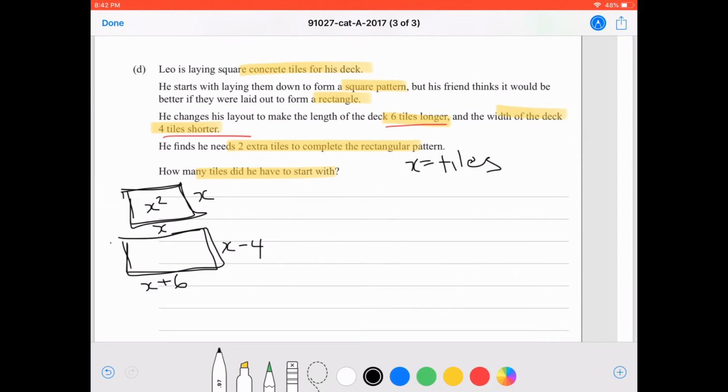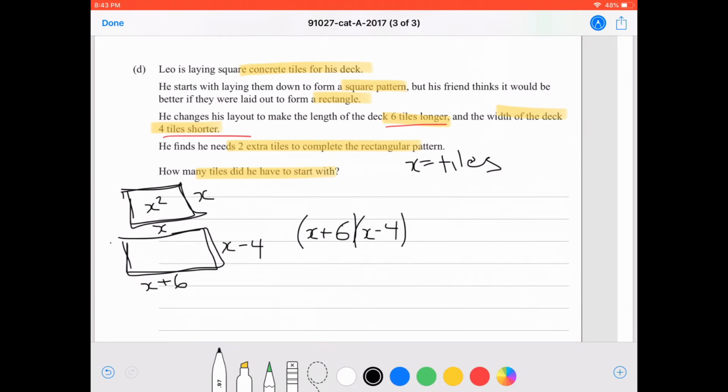Well, let's work with areas. Because obviously the area is the total number of tiles, right? If you split this deck up, then that area would help you find the total number of tiles. Okay, so let's say x plus 6, remembering that area is based on side, x plus 6 and x minus 4